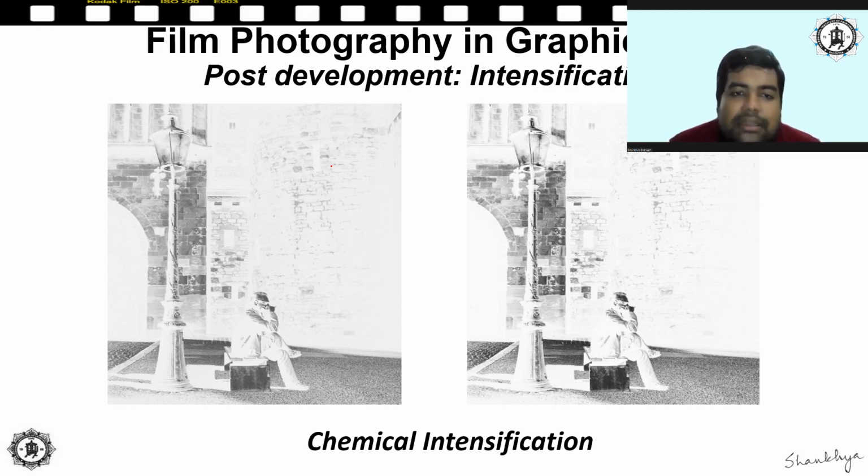In this lecture, the aim is basically to discuss a little bit about densitometry and the characteristic curve of the photographic film, but we will start with some other concepts. The first thing, before we can start densitometry, we will start with some of the processes like intensification and reversal.